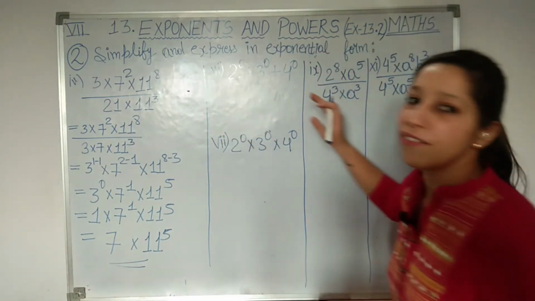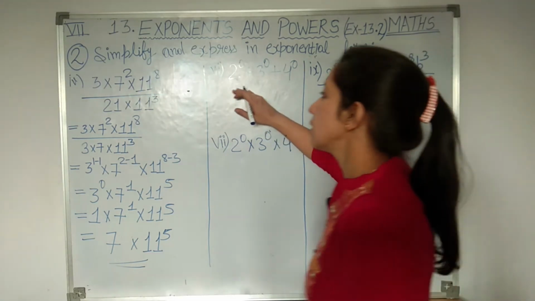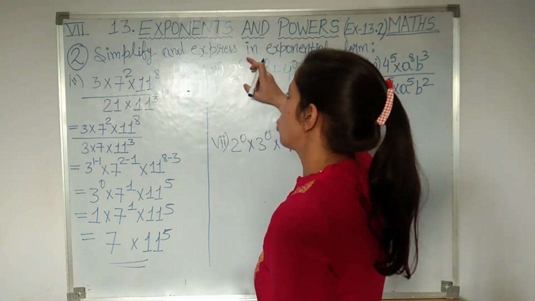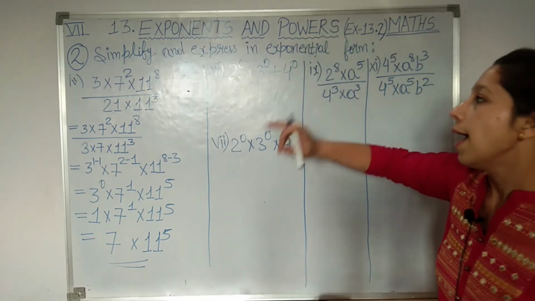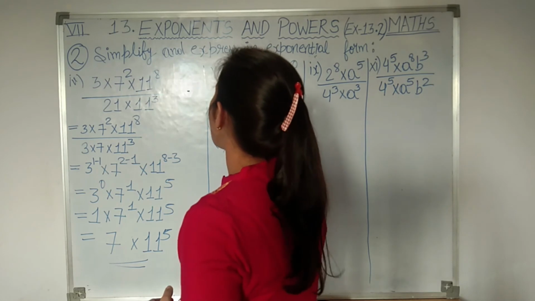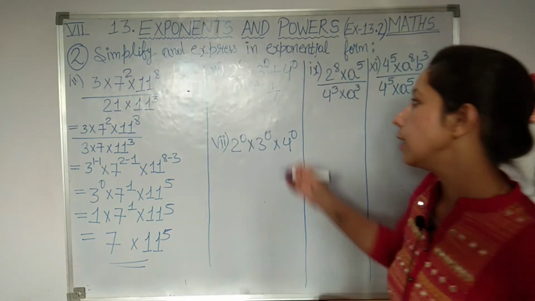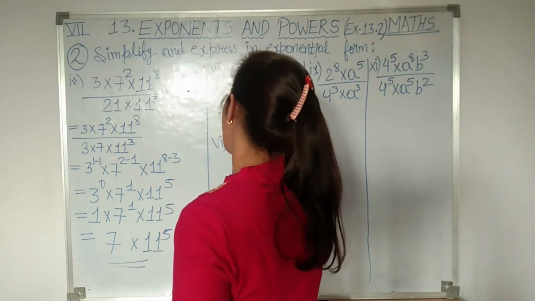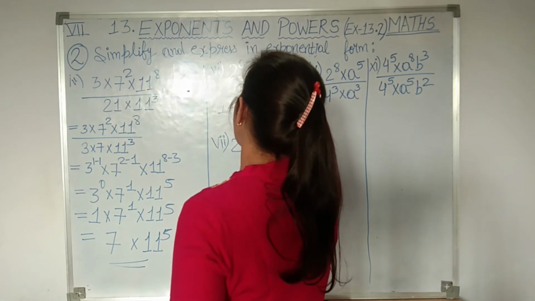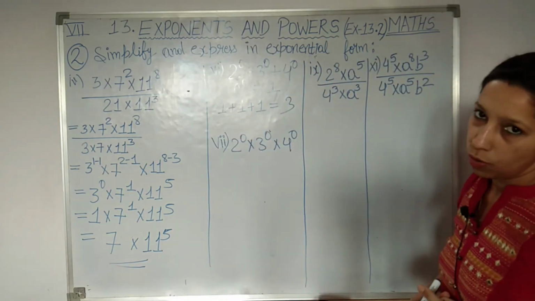See, some points I have left in between, that will be your work, you are going to solve it as homework, okay. 6th point I am going to tell here, a raised to the power 0 plus a raised to the power 0 plus a raised to the power 0, and we know that a raised to the power 0 means how much, students? A raised to the power 0 means 1 only. So in place of 2 raised to 0 I will write 1, 3 raised to 0 again 1, 4 raised to 0 again 1. So our final answer will be 1 plus 1 plus 1, which is equals to 3.